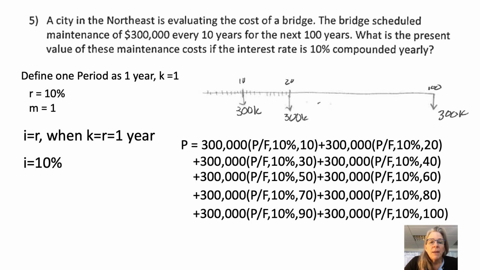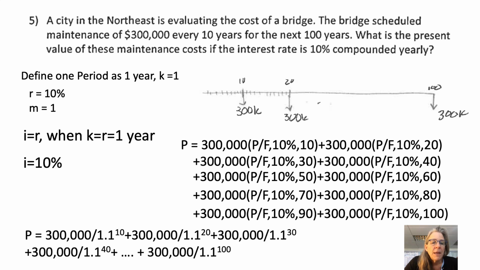The way I'm then going to solve it is to take each of those $300,000 payments and bring them back to present value. The first one, I'm bringing back 10 years. The second one, 20, 30, 40, 50, 60, 70, 80, 90, 100. So I have all those calculations. But luckily that equation is pretty simple. It's just 1 over 1 plus the interest rate to the n power. So I can just do that calculation and I actually come up with the same